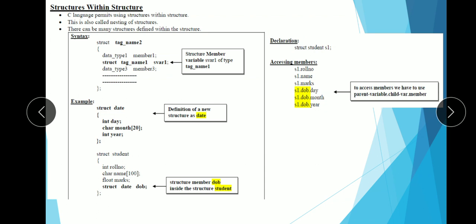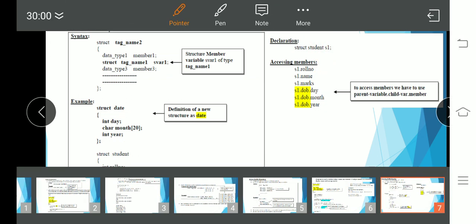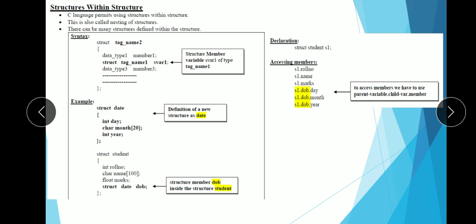This would access the day of the date. I cannot say S1 dot DOB or DOB dot day. No, because DOB is declared within student. That's why I have to access it through S1, then DOB, and then I will get the access to day. Similarly, I can access month through S1 dot DOB dot month. Similarly, I can access year also.